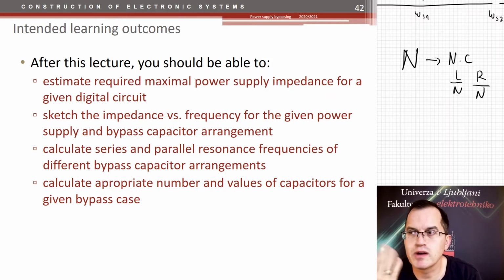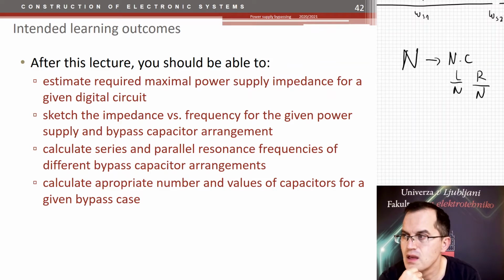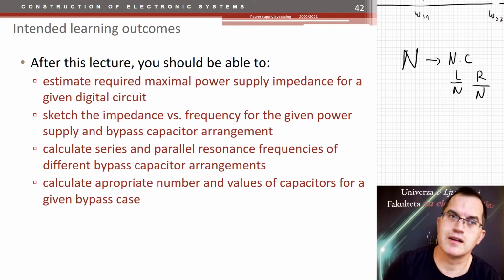You should be able to calculate series and parallel resonances of the inductors or capacitors, or different capacitor bypass arrangements. You should also be able to calculate the appropriate number of capacitors for a given situation. And we will do a little bit of that as well during the